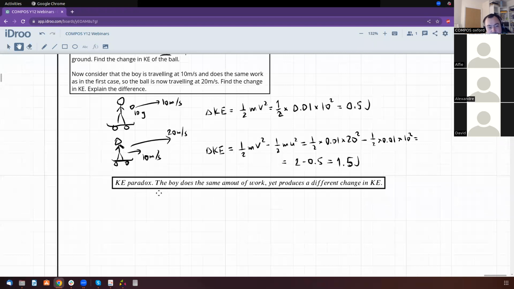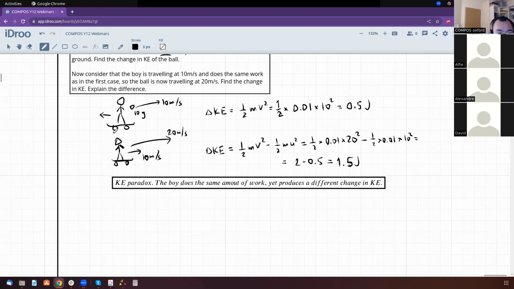Yeah, I'm wondering, can we resolve it this way? I wonder if the calculation is going to be harder or easier. Okay, well, anyways, in the first case, the boy rolls back,